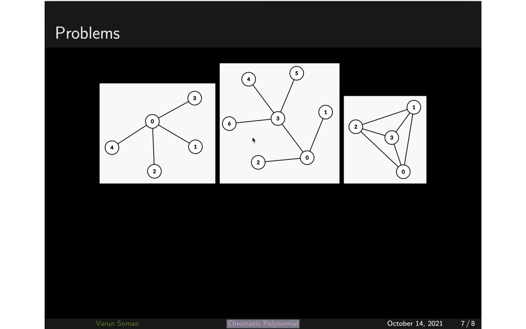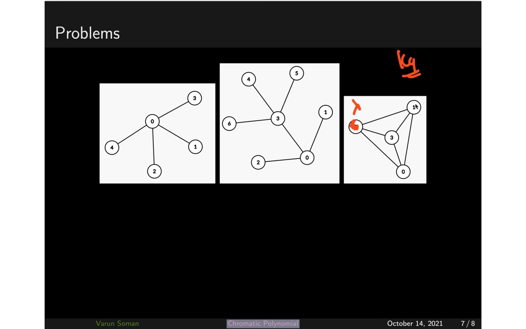Okay, and moving forward, can you think of this graph? You can use the formulaic approach also, but I'll just give you a simple commonsensical approach here. If you can identify this is a complete graph on 4 vertices, I have drawn it in a slightly different way, but suppose I color this one first, so I can use lambda colors here. Now this vertex is actually adjacent to every other vertex, so you cannot use that color anywhere here.